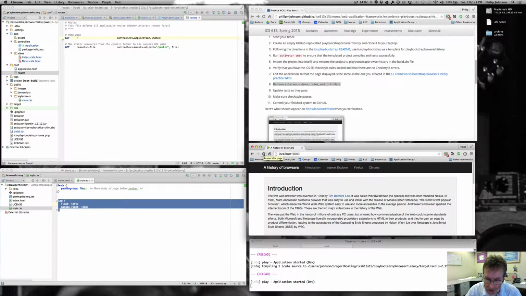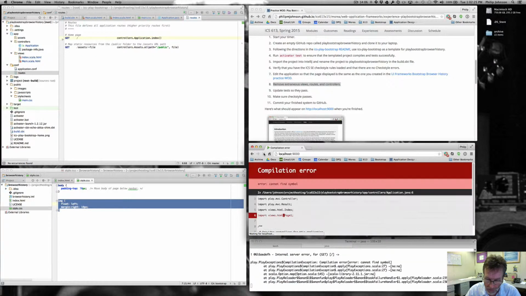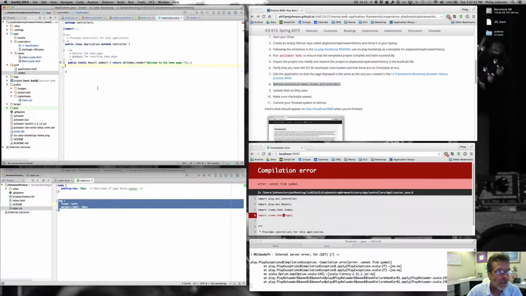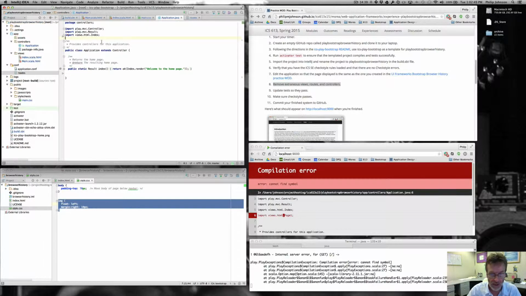I think it's a good idea just to refresh and make sure, having done all that. And in fact we get a compiler error from doing that, which is in application.java. We have an import which doesn't make sense anymore. So let's go to application.java. Let's click here, bring up our propeller E to get that. Okay, and then because it was hidden, we didn't notice it, so we can do a command delete to get rid of that line, save it out,